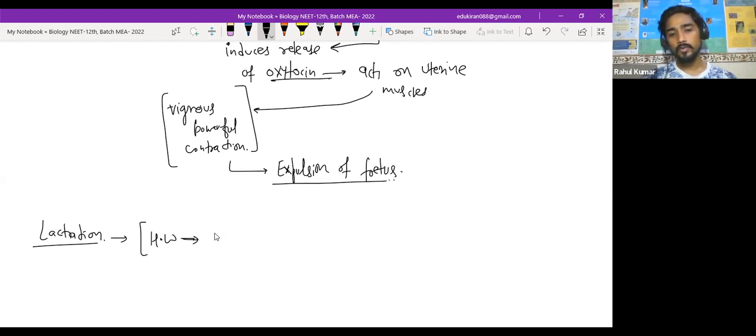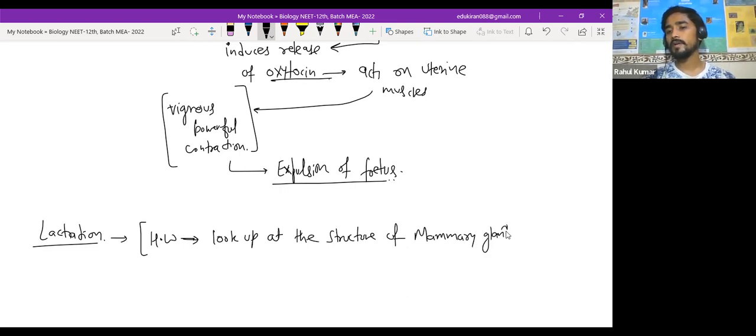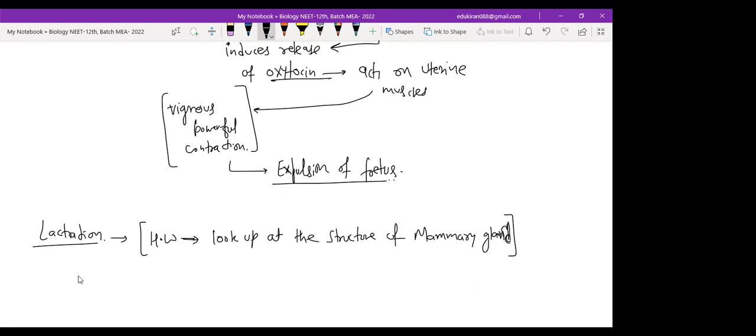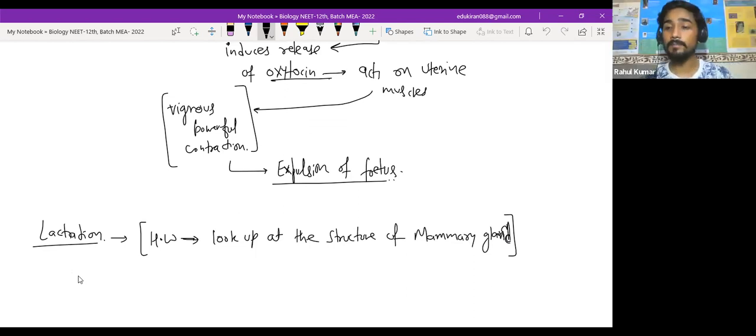And your homework is to look up the structure of mammary gland. It is there in your NCERT. It's very simple and you will understand it. If you have any doubt, bring it to me in the next class about mammary glands, okay? Is it clear, everyone? So certain things that we studied today, the regulatory part, in tomorrow's class, we will again bring them back and study it from the point of reproductive health. So what happens during the reproductive health when it goes wrong, and what measures or protections should be taken